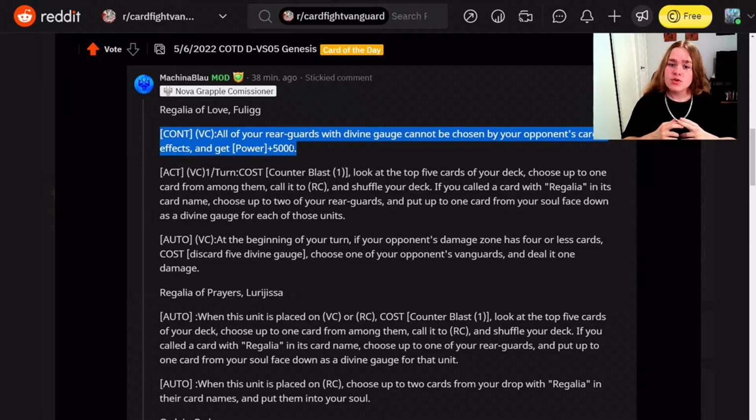At the beginning of your turn, if your opponent's damage zone has 4 or less cards, you can discard 5 Divine Gauge in order to ping them a damage. So yeah, I think you guys can see where the Angelica comparison is coming in. This is sort of the opposite of Angelica with the get rid of 5 Divine Gauge. Instead of healing yourself 1, you're pinging a damage, which